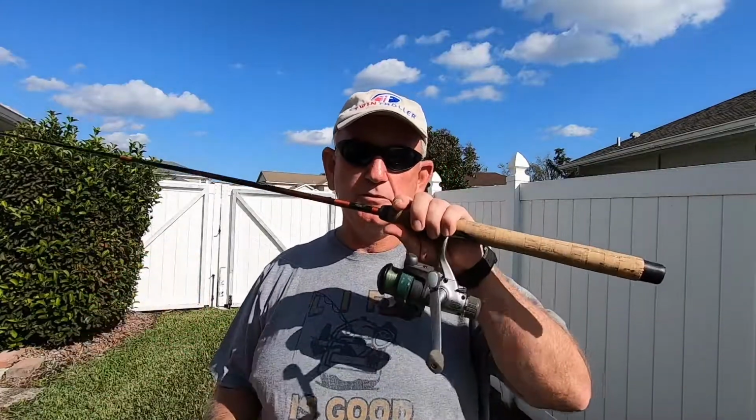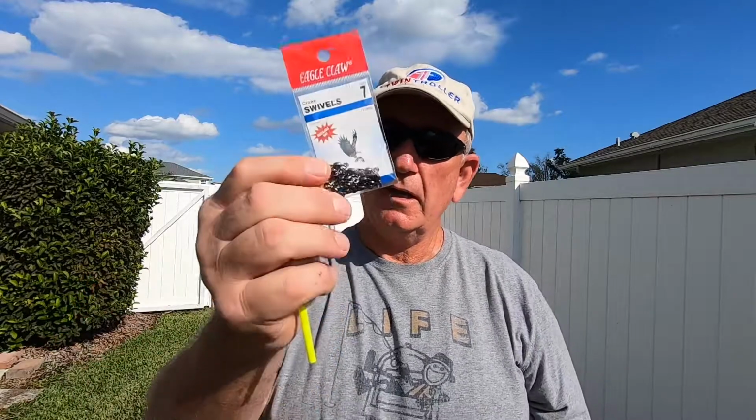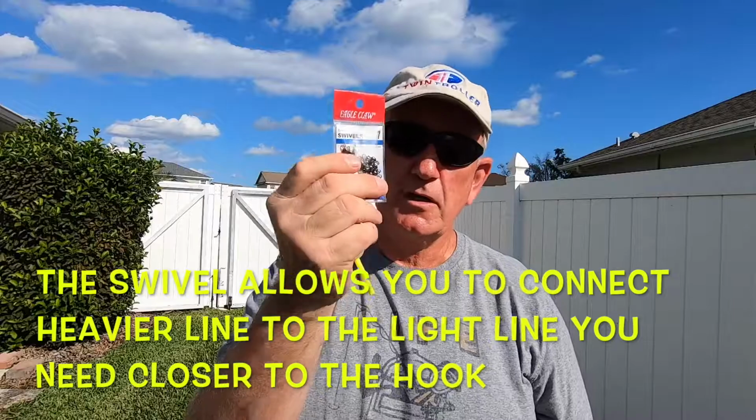I'm going to show you how to use one of these. You probably all have one to catch live bait. Let me show you a few things that you may need. You can just use a regular fishing rod like I showed you. You take a swivel like this. It doesn't make much difference what size, and you don't always have to have these, but these are kind of